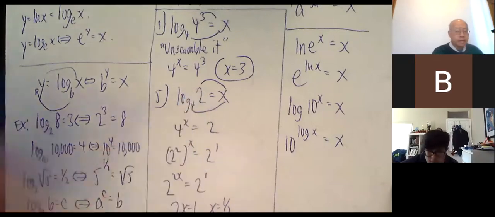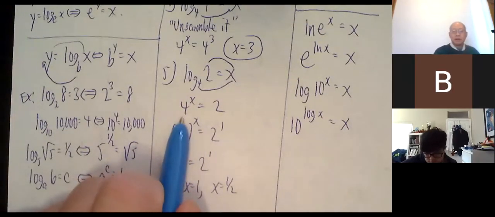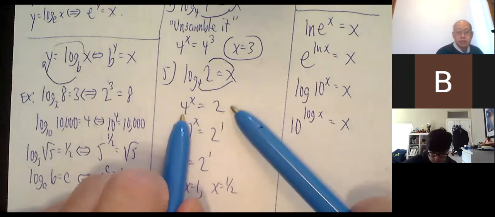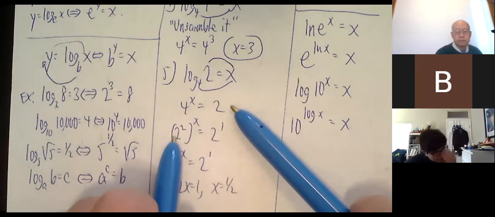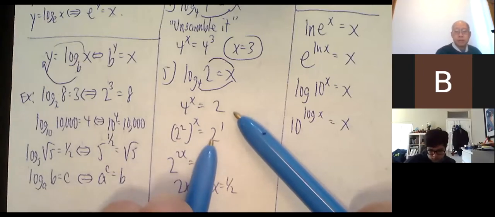Unscramble it, 4 to the x equals 2. Okay, now what you want to do is get both sides to have the same base. This is already 2. Can I write 4 as base 2? Well, yeah, 2 squared. And this is 2 to the 1. So